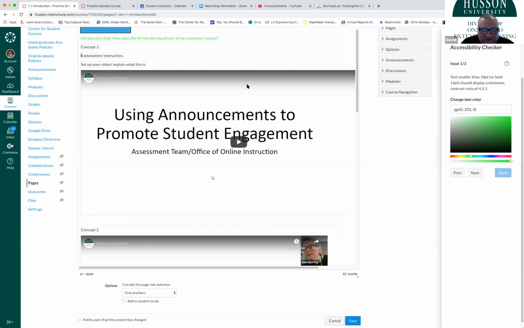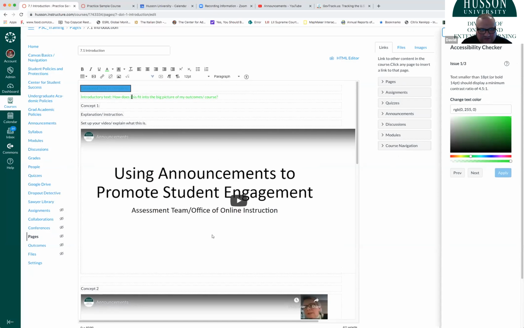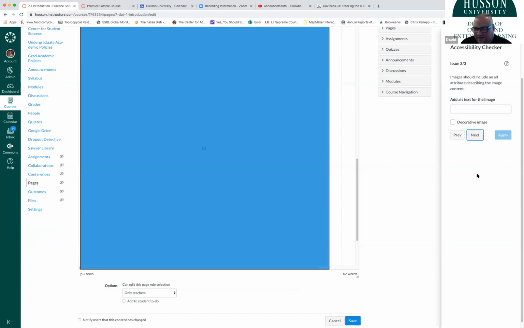If you click on it, you're going to get issues. One is it says text smaller than 18 point or bold should display a minimum contrast ratio of 4.5 to 1. So it does not meet those contrast standards, neither does this line. So if we go through next and then next,